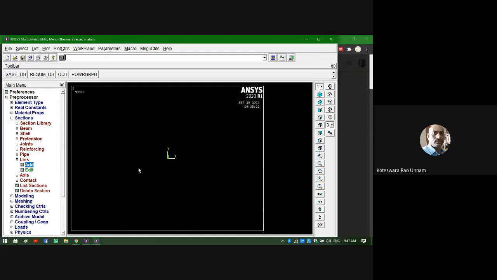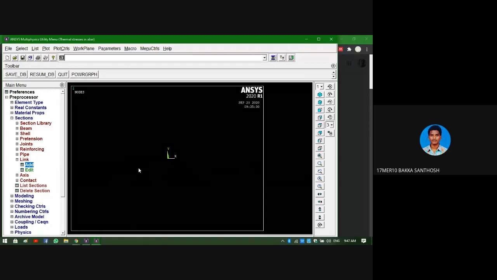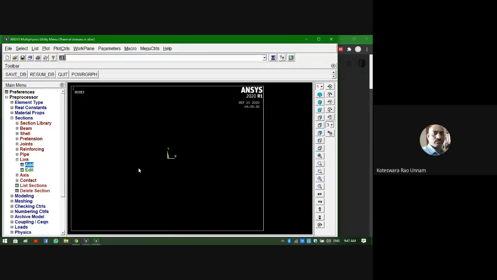Sir, in the third option there is something like added mass for the section. What is it for? If you want to include the weight or mass also, so far we are doing only static analysis. We are not doing any dynamic analysis here. In case of dynamic analysis, like vibrations, if you want to compute the natural frequency, you should know the stiffness and the mass. Then only it can calculate the natural frequency. Your formula for natural frequency is square root of k by m.